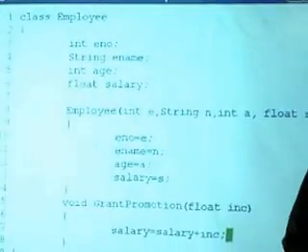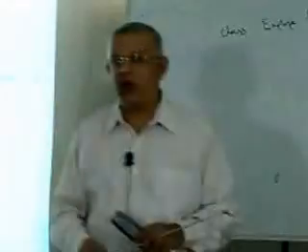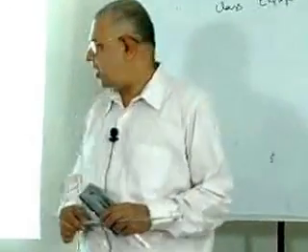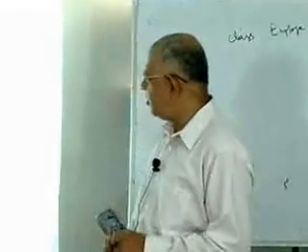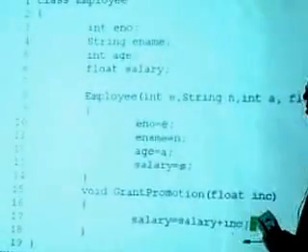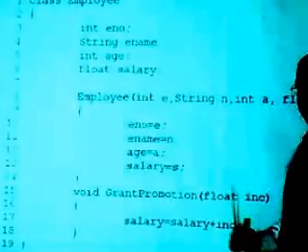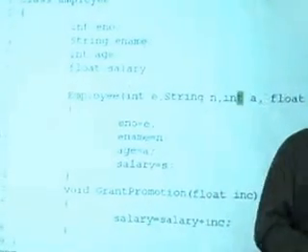Now my problem is that in my program I'm going to keep track of how many employees there are, and I want to use one of the data members to keep track of the number of employees. I'm going to be very simple at first, and I'm going to make a mistake. I'm going to have a variable called count. But before I go to that, let me express my intention more clearly.